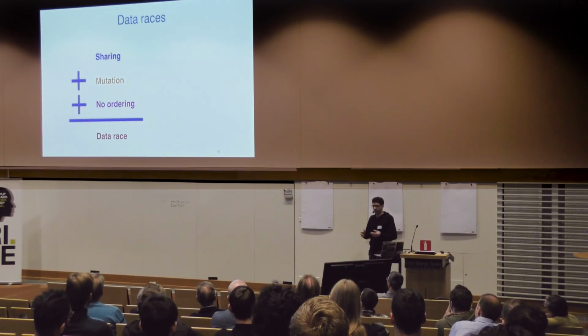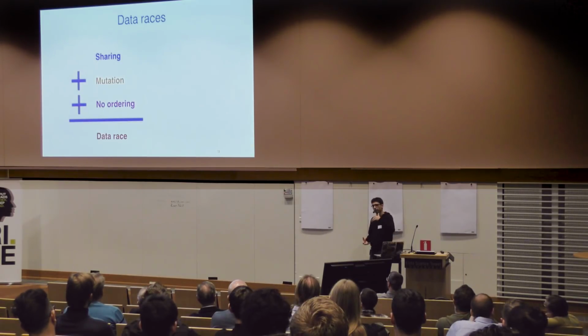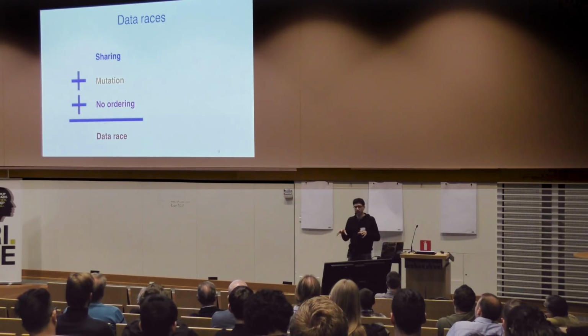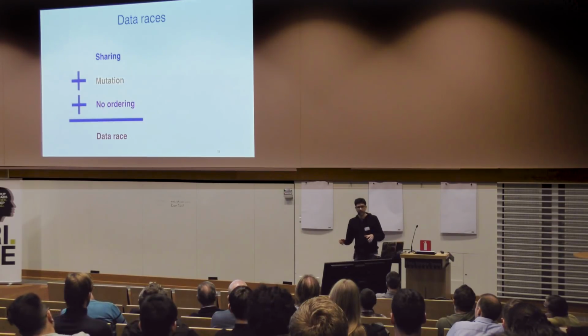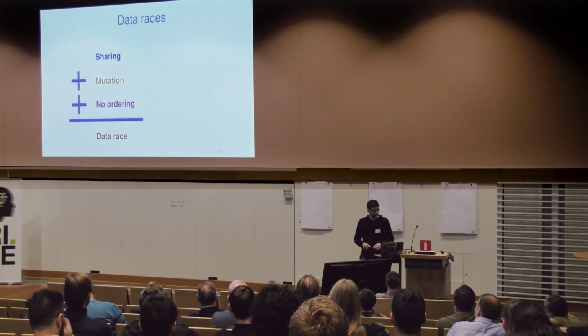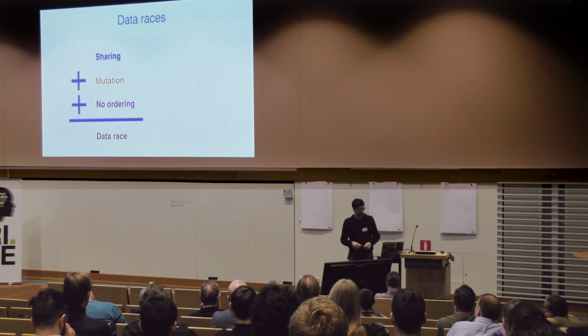The reason that multi-threaded code is so painful is these data race conditions, where you have many threads accessing the same memory and mutating it, right? And this is the definition of a data race. You have to have these three ingredients. More than one thread accessing the same memory, that's the sharing. One of those threads at least has to be mutating it, that's the mutation. And they have to not be ordered with respect to one another. So no locks, no condition variables.